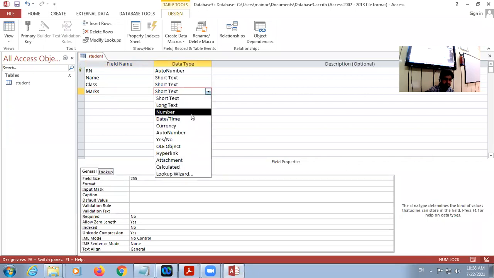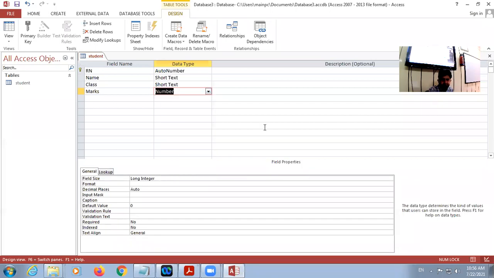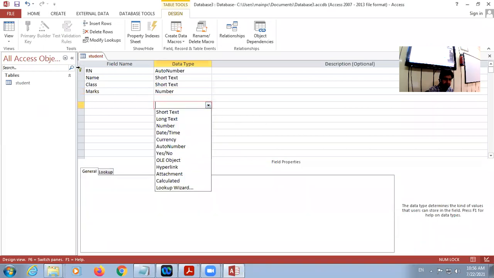Marks is a number data type, and the primary key is on roll number.